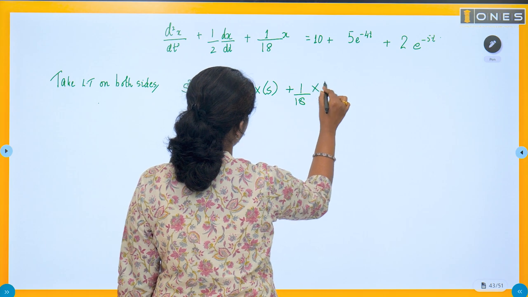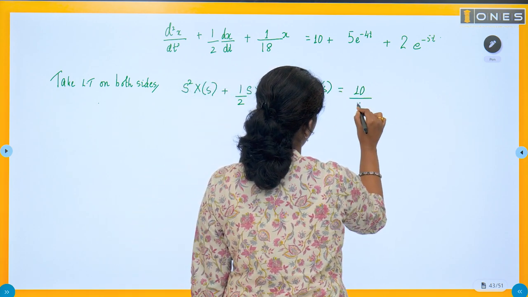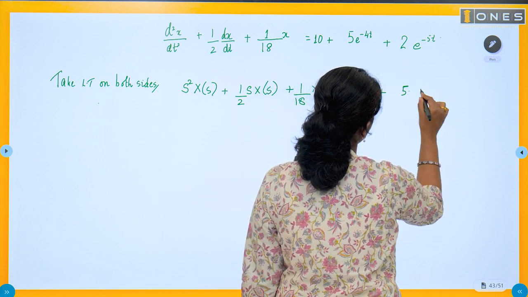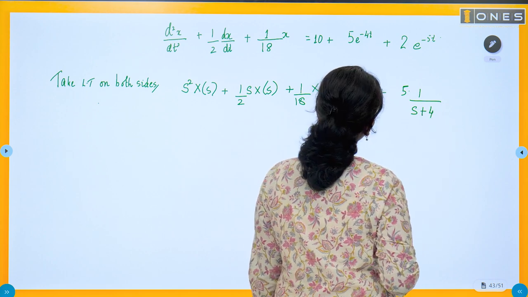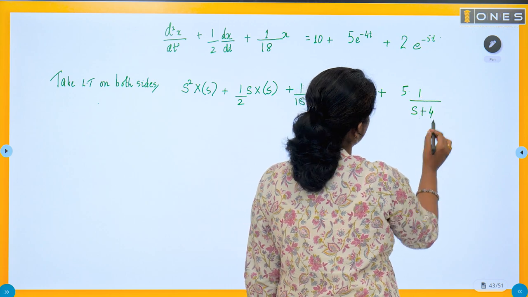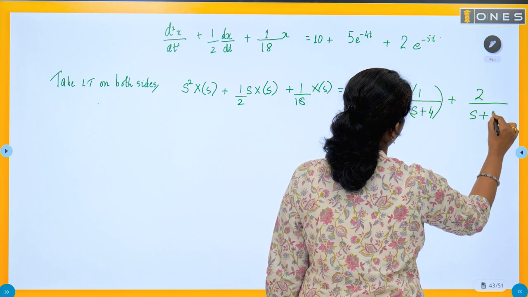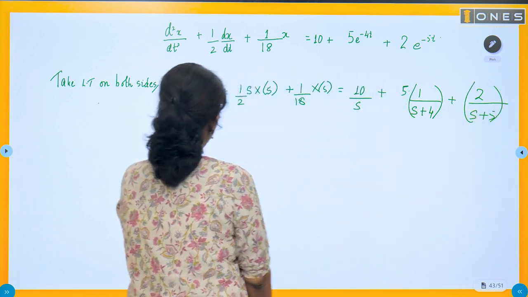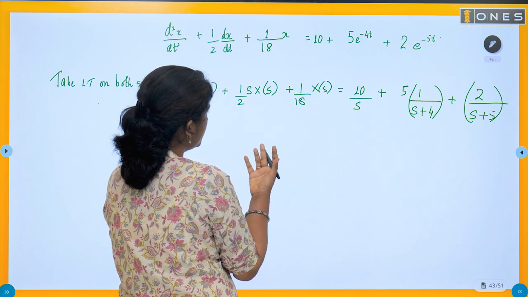The Laplace transform of 10 is 10 by s on the right hand side. e to the power minus 4t, Laplace transform 5 into 1 divided by s plus 4, since 1 by s plus a is the Laplace transform of e to the power minus at. Plus 2 divided by s plus 5. I am trying to find out what is the response